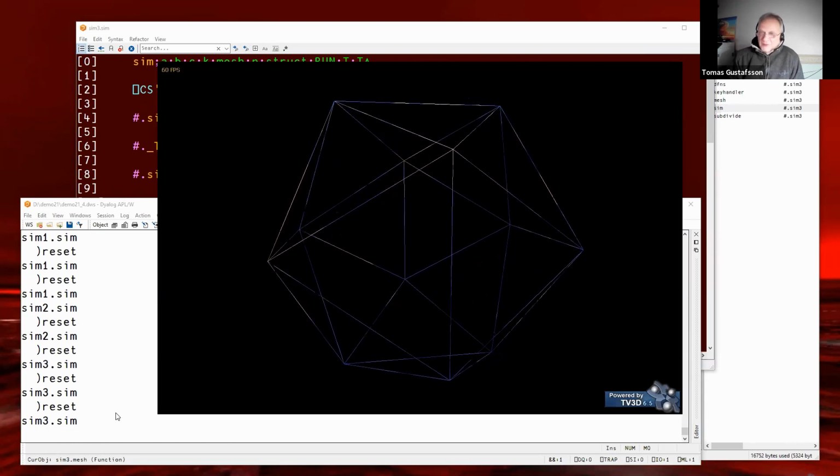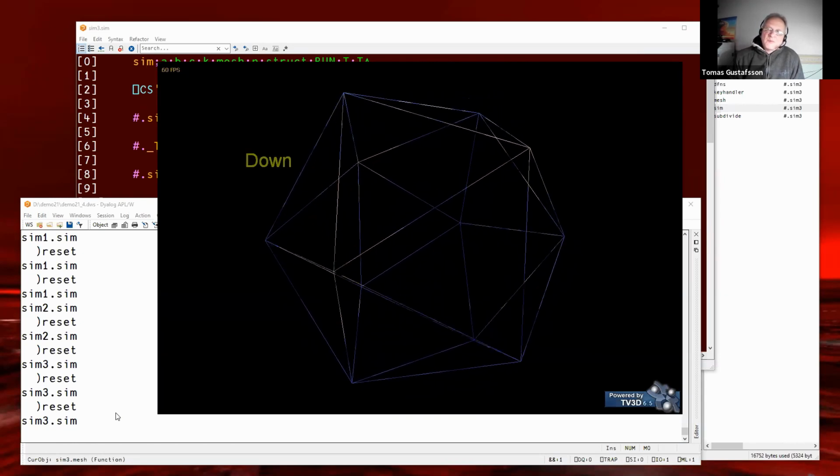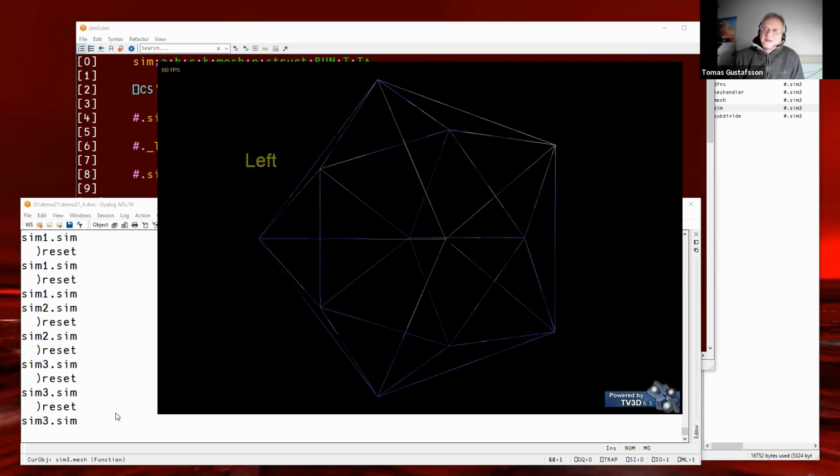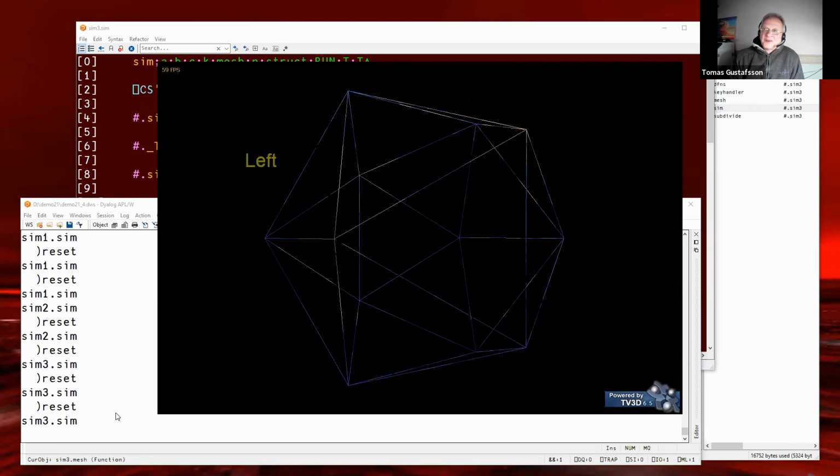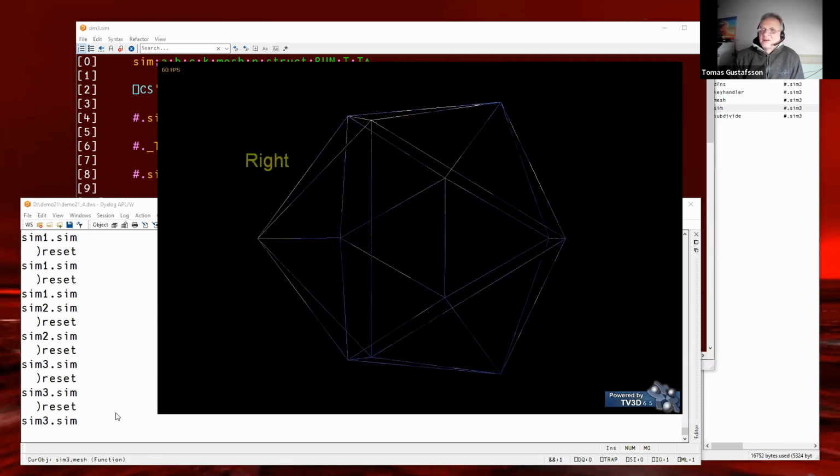Here you can see now when I press the left key, sorry, it was down left here. It writes left as long as I keep it down. Same with right.